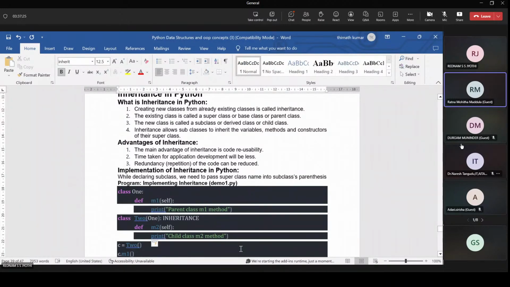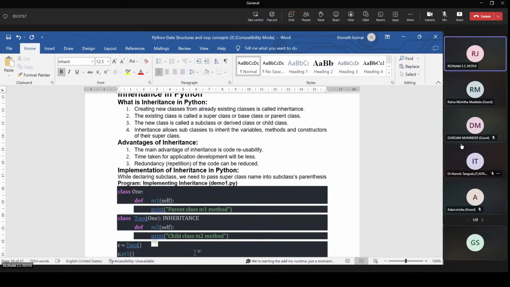Now here 1 is the class and 2 is the subclass. The subclass 2 accepts the superclass methods. So the subclass consists of both M2 and M1, because the subclass acquires the properties of the superclass, that is 1. Class 1 consists of the M1 method, so subclass 2 consists of both the M1 method as well as the M2 method.